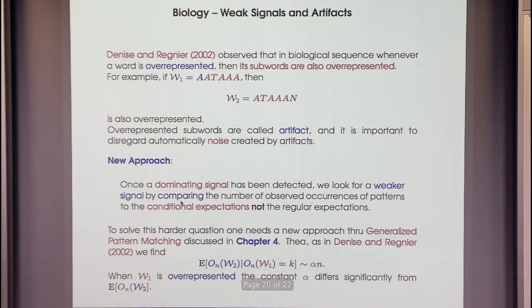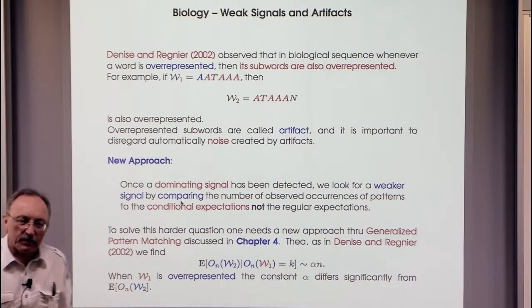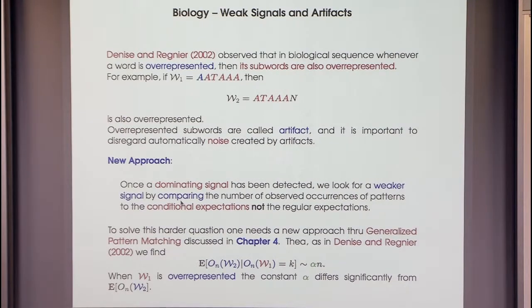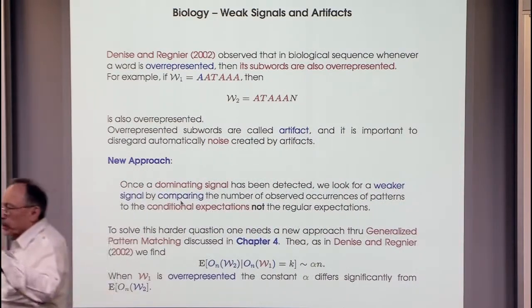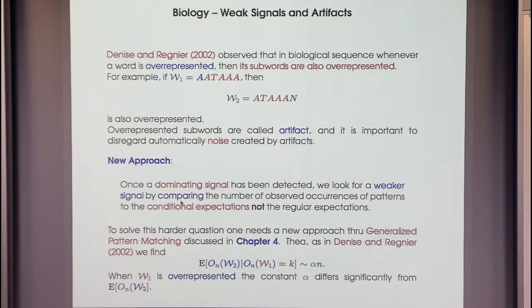I want to show you one non-trivial example of this, where we have to go from chapter 1 to chapter 4, from exact string matching to general string matching. So what's happened, and this is true in many cases, is that I'm looking for occurrences of word W1 and also occurrences of another word, W2. If I have a word and I take any subword of it, if the original word occurs very often, then the subword must occur very often, obviously. But I would like to know whether the subword of a very frequent word is also significant or not. I cannot look at the number of occurrences. This is not a subword, but very close to this one. I cannot decide the significance of occurrences of this based on this word itself if I know that this is significant,